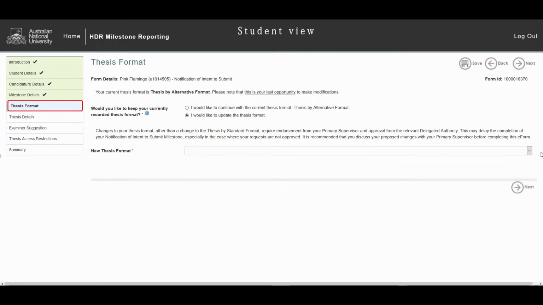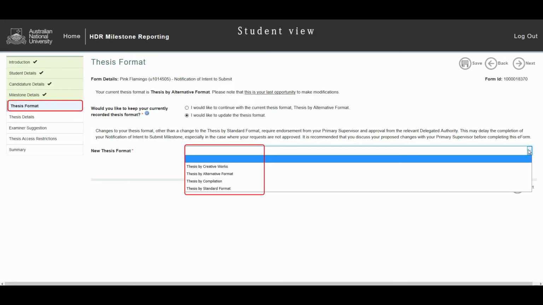The thesis format page is the first new page of this e-form. It shows the current thesis format and provides the ability to request a change to a new format. By selecting a new thesis format from the drop-down list, additional information will be displayed and justification for the reason